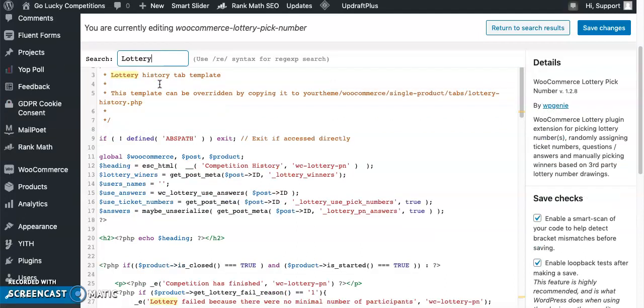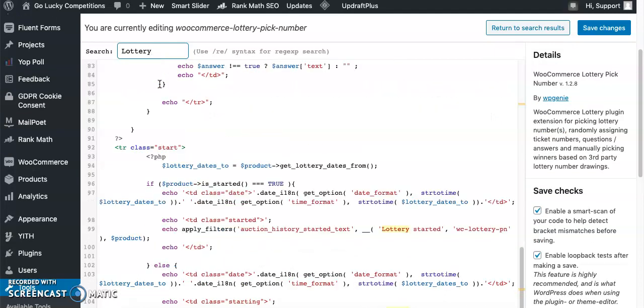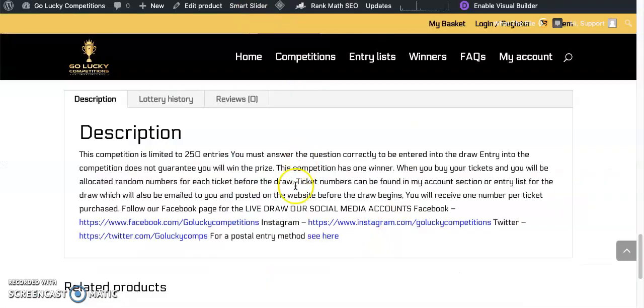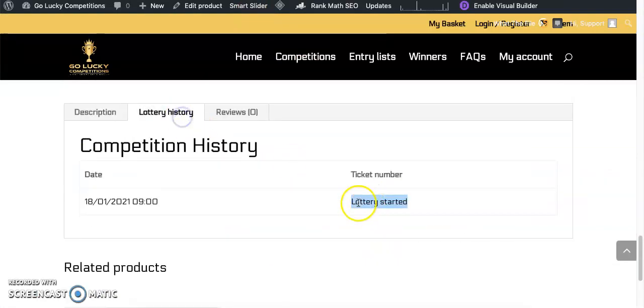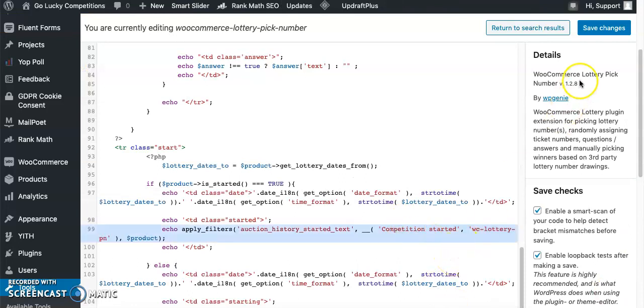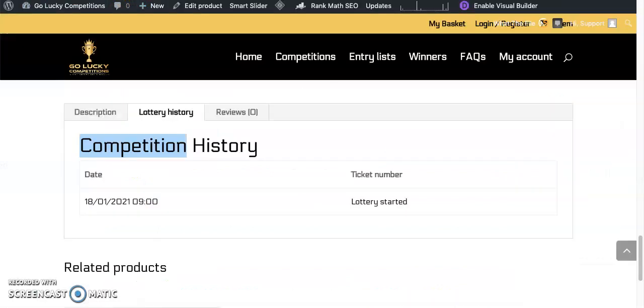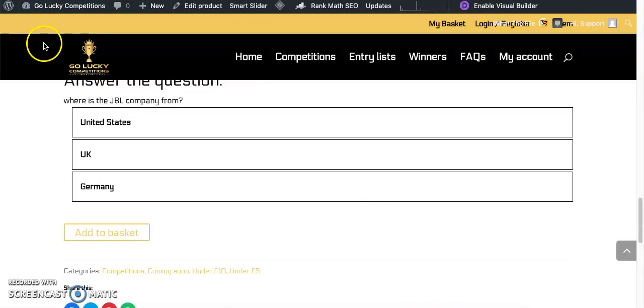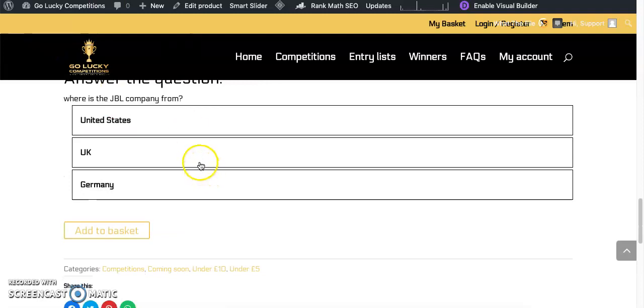See here, the word lottery started is coming from here. As you can see, there is a word called lottery started. So you can modify it by changing it to competition over here. I'll modify this one and save it. I'll go to the front end and reload this page to see if that word has been changed.